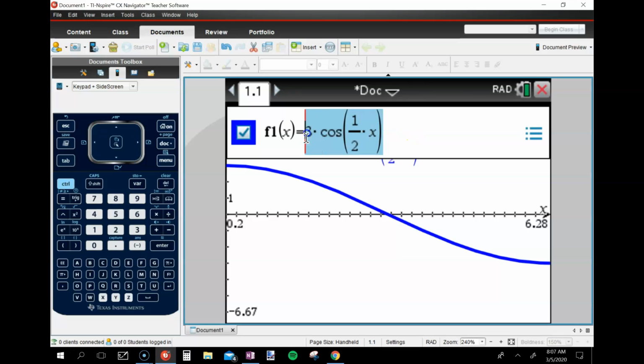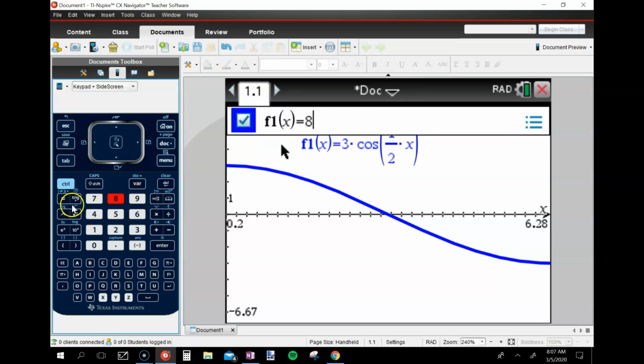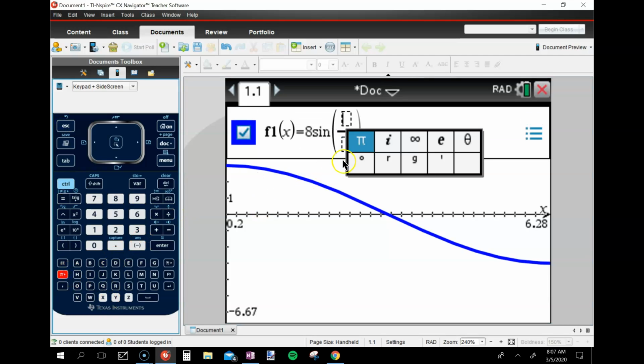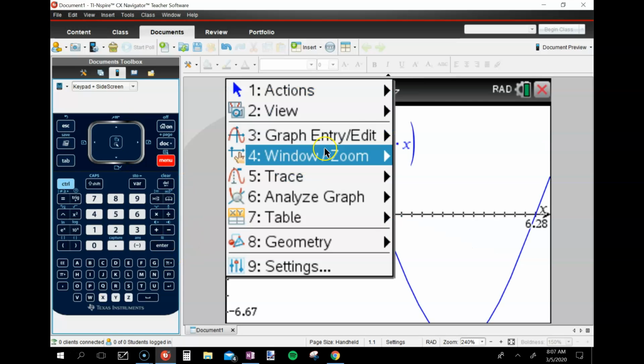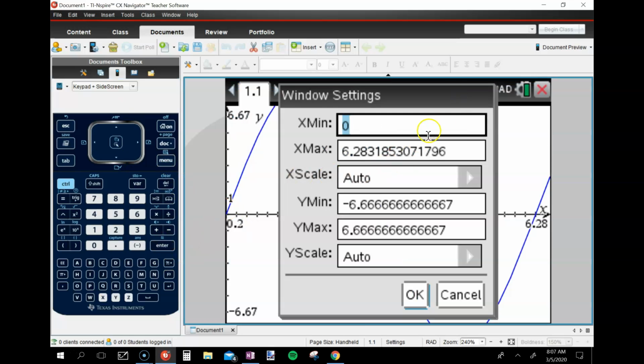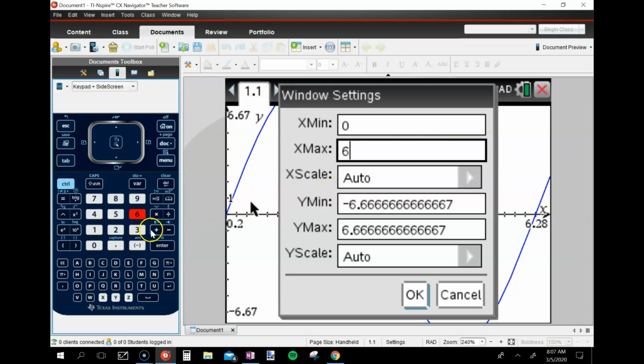So if I go 8 sine of pi over 3 times x, and I want to change my window from 0 to 6, that said I should see one cycle in 6 units, correct? By the way, what was the amplitude of that problem that I just typed in? 8, so I'm just going to make sure